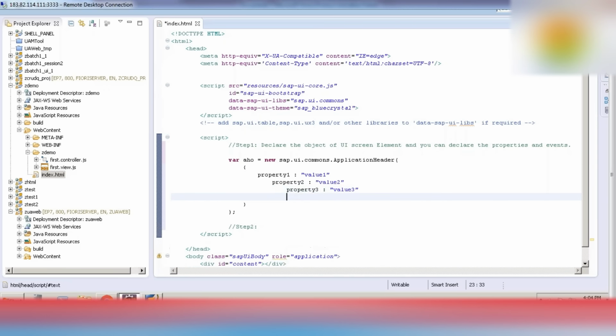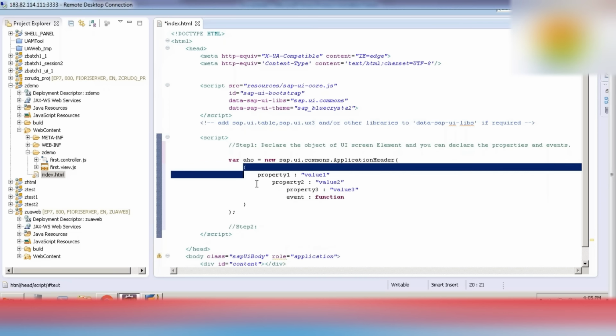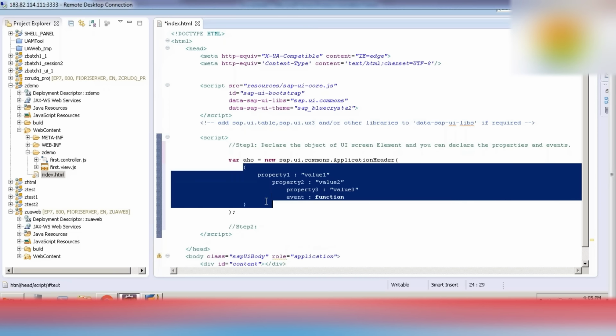and you can use event as well, event and some function name. So this is the syntax that we have to use while declaring properties and events.